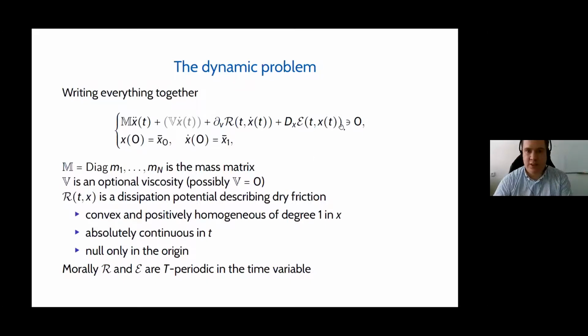So this is our force balance. We need inertia, the first term on the left. The last on the right is the elastic energy, and I told you before how we do it. Dry friction can be described as the subdifferential of a dissipation potential that is convex and positively homogeneous of degree 1. And in this case, you see we also have some control of friction in time.